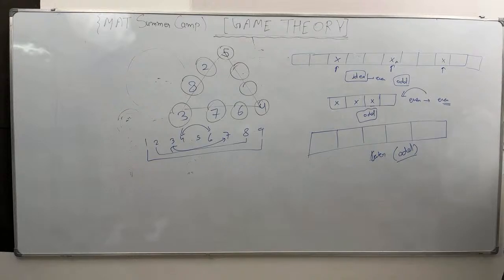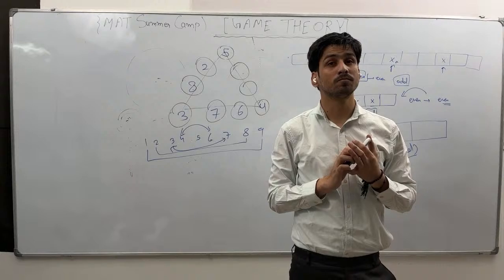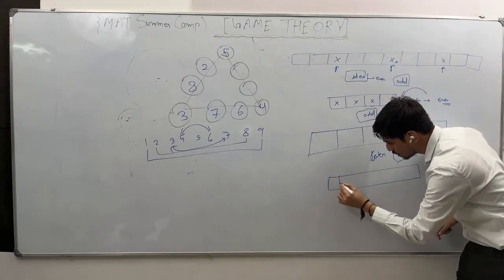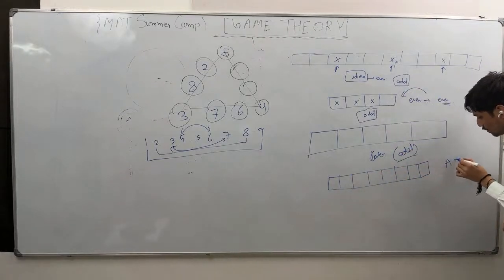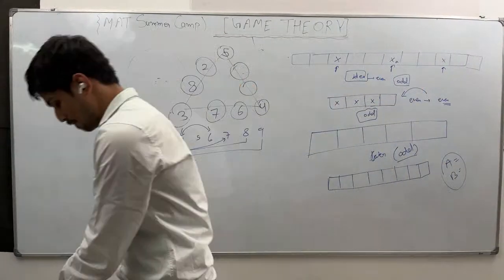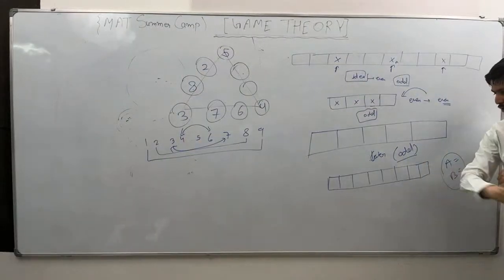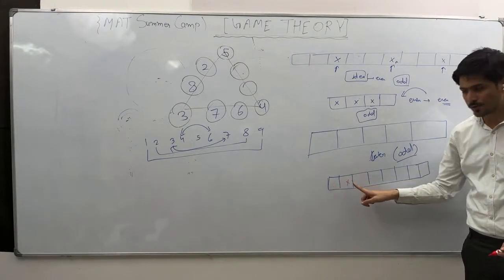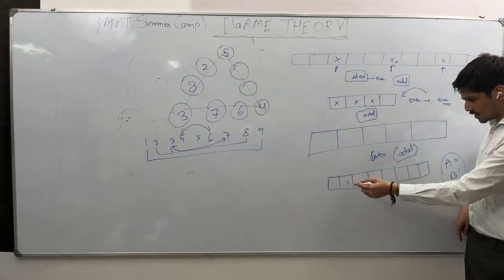First condition. Second condition, if you have the even number of boxes, then you have to start at the even. Let's say you have 8 boxes. Now tell me, 1, 2, 3, 4, 5, 6, 7, 8. Let's say now A and B are there. Now who will win the game, A or B? This time B will win the game. You see, you put A. Where would you like to put the second? Okay, then I cannot put here because you want to win. I cannot put here because you want to win. Then let's say I'm putting here.